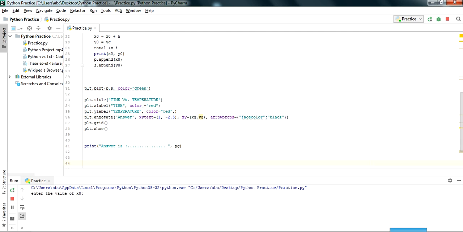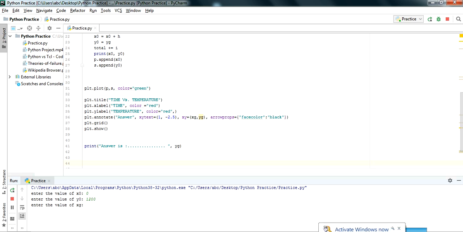So the question is, after 480 seconds, what will be the temperature? Enter the value of xo, which is the initial value of time, that is 0. Enter the value of yo, which is the initial temperature of the ball, that is 1200.